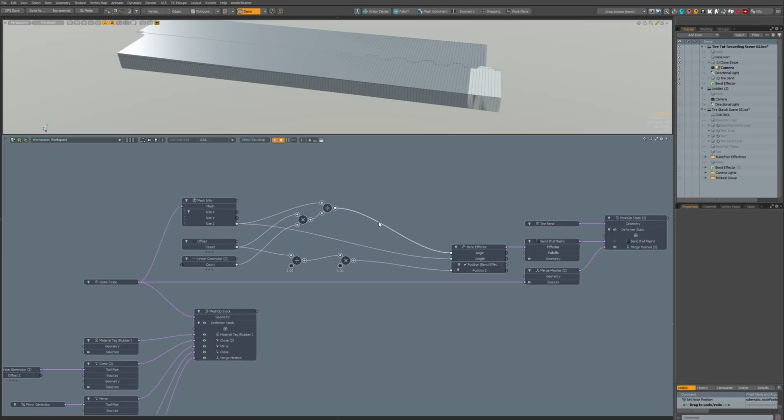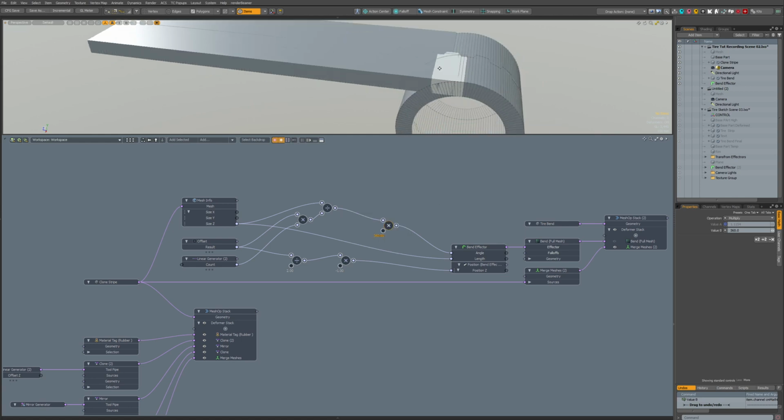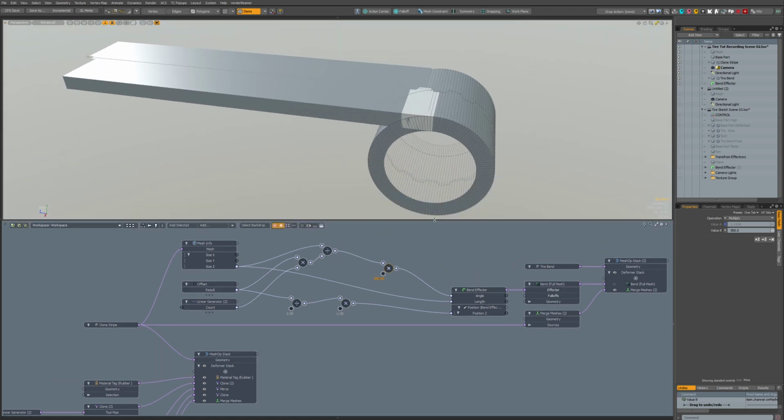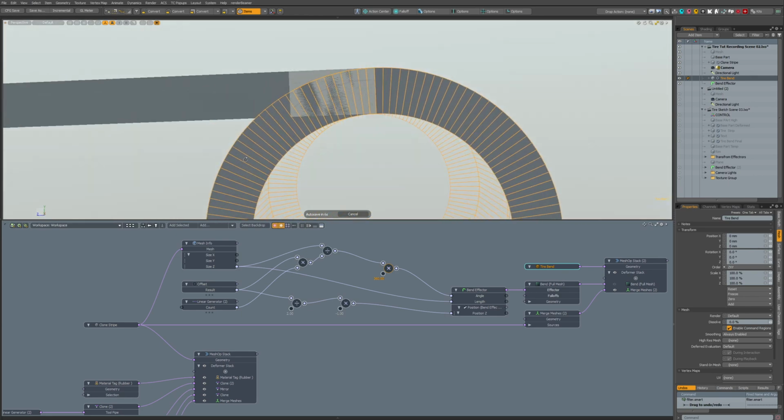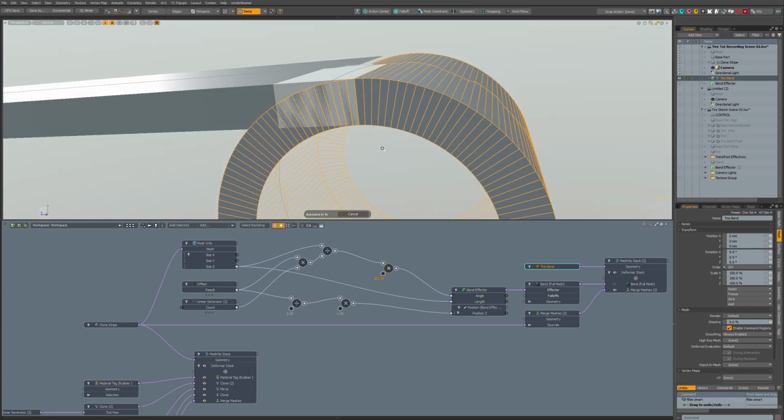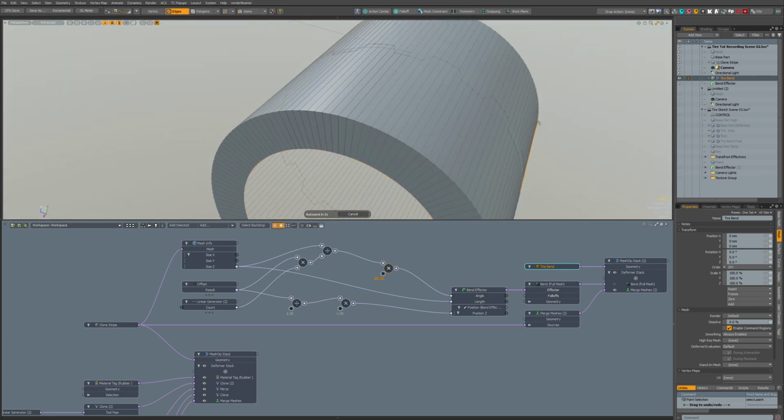So now if we multiply this by 360, it should work, and it looks like it does, but let's see, hide everything else.